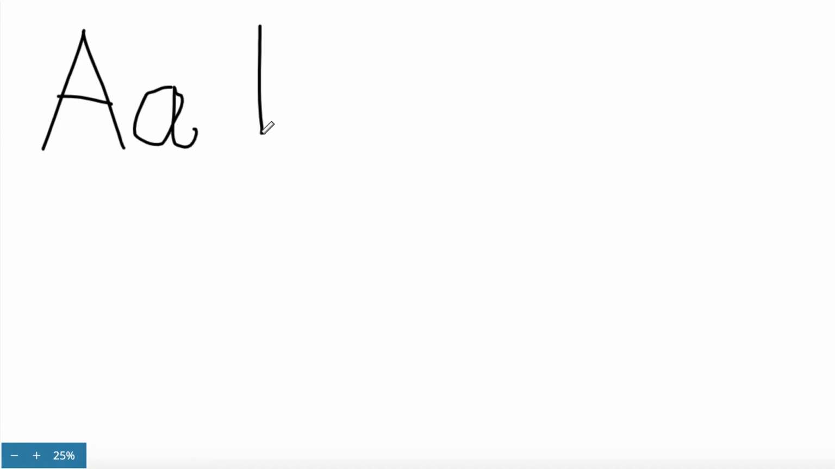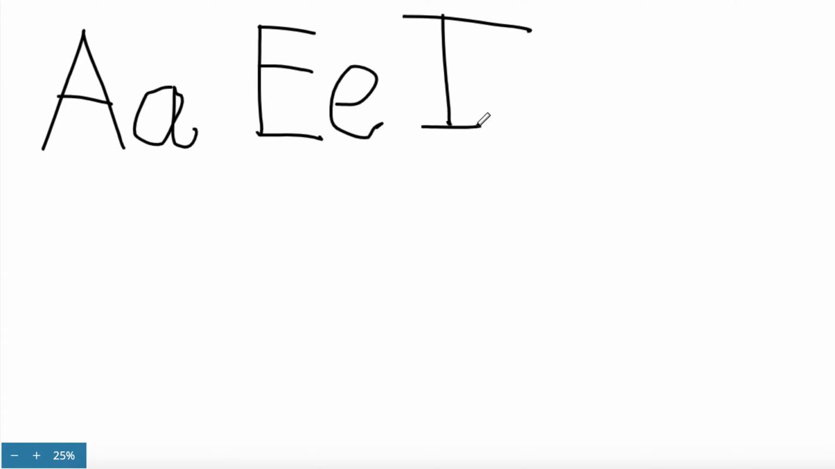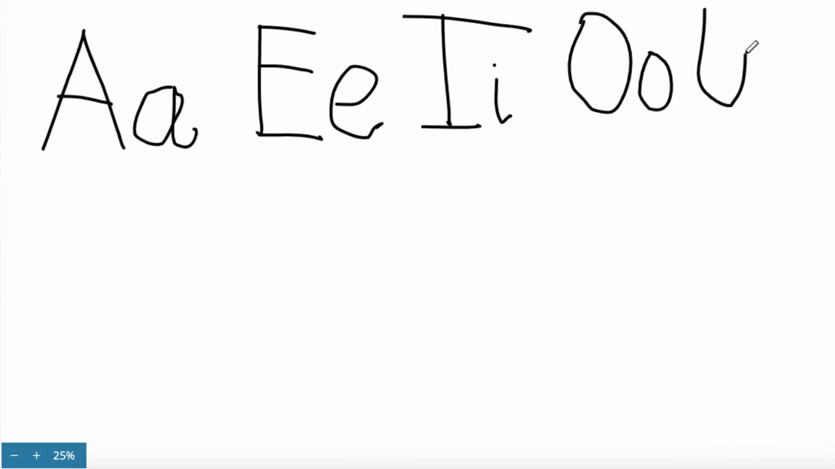The second is E, uppercase and lowercase. The next one is I, uppercase and lowercase. Now we have O, uppercase and lowercase. And last but not least, U,